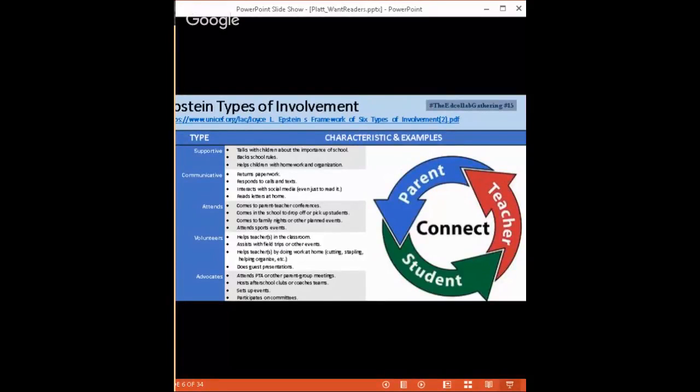One thing that I think it's important to notice is that the types are not levels, they're not hierarchical, they're just types, and all types are good because all engagement is good engagement. So as a teacher, I found that sometimes I would be, let's see, what's the word? I would be kind